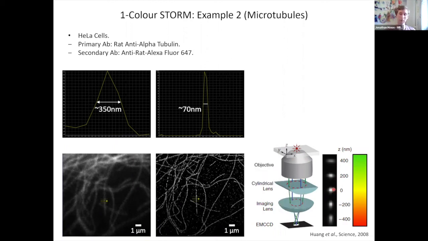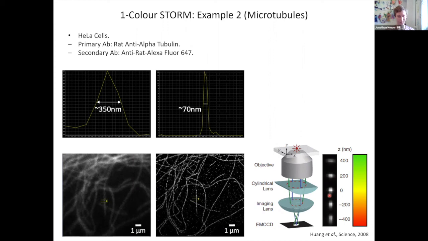At the plane of focus, the spot is just round. If the molecule is slightly above the plane of focus, it gets extended and becomes elliptical in the x-axis. If it's below the plane of focus, it becomes extended elliptical in the y-axis. So what this means is when we take a STORM data set, not only can we localize the centroid position of each spot, we can characterize the ellipticity of the spot, and